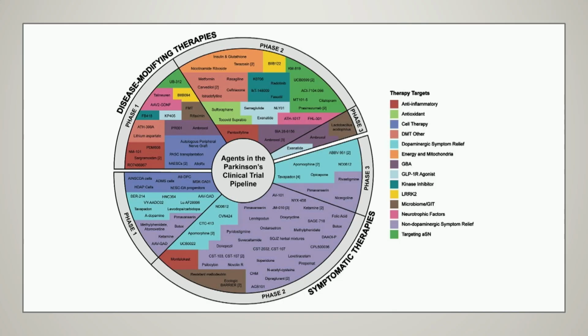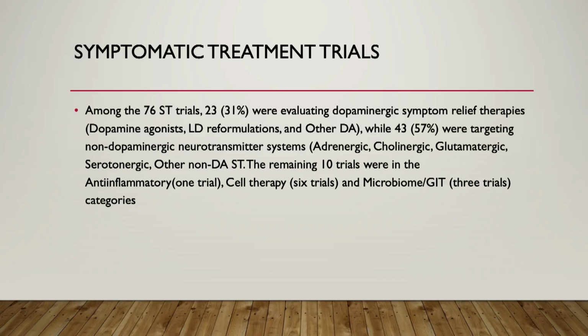So this is just a snapshot of, and Dr. Hinkle will be touching on this as well, but you can see here, this is just everything that's currently in the pipeline. There's so much happening, from disease modification to symptom control trials. There are many, many trials going on right now in regards to Parkinson's and targeting many different areas within Parkinson's itself. From the symptom control perspective alone, I can tell you there's just this paper that was published in 2024,